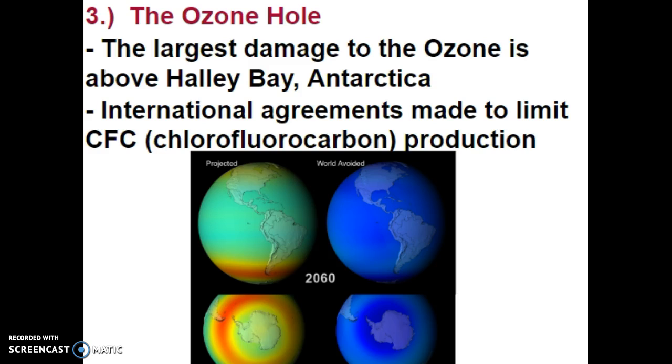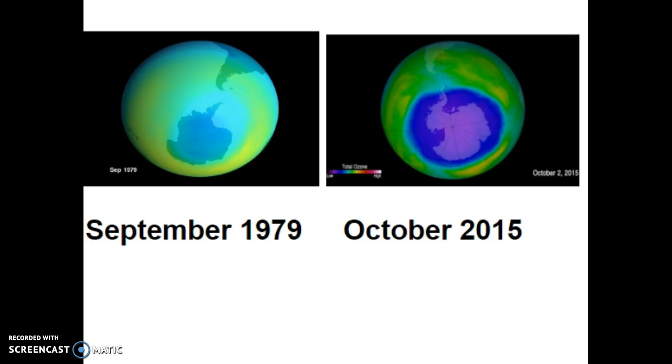One molecule of chlorofluorocarbon, or CFC, can destroy anywhere from 10,000 to 100,000 molecules of ozone. And because the ozone layer is precious and it helps keep us protected from the radiation from the sun, we do need to be aware of its damage and at least start to repair it.